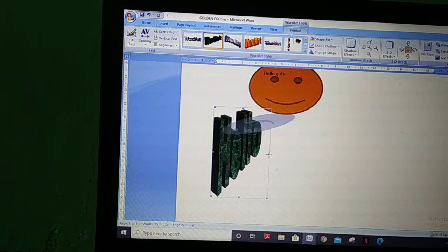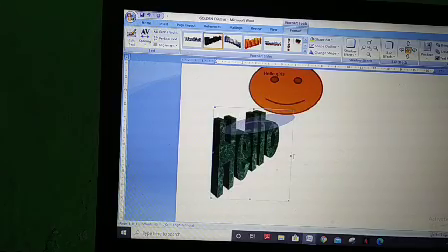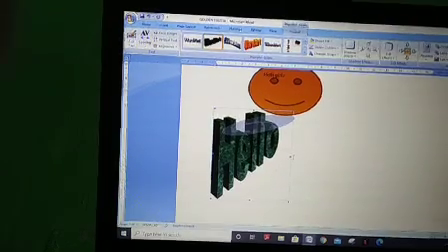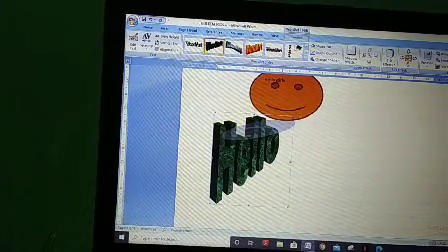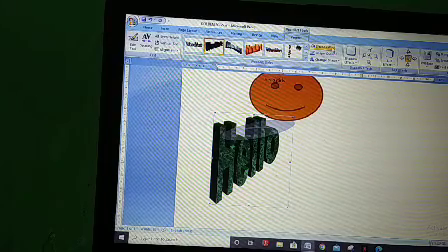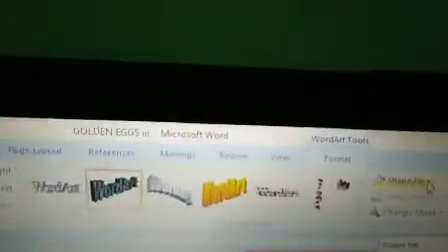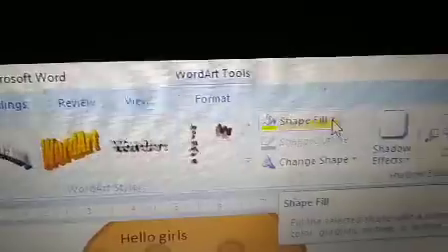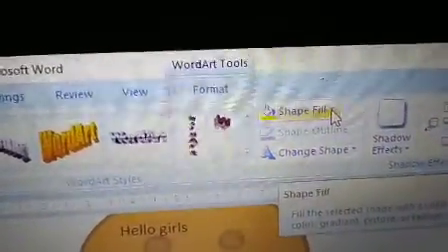It can be resized. Understood? So word art tools, automatically you can see, format word art tools appears automatically.